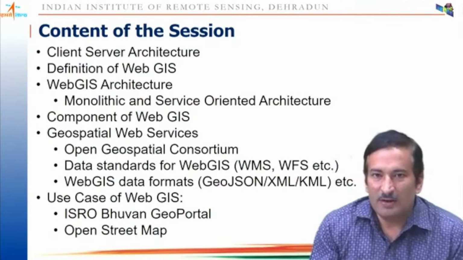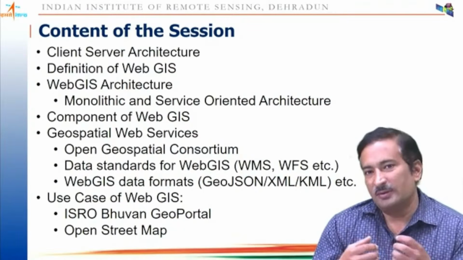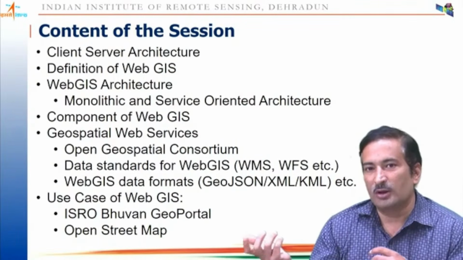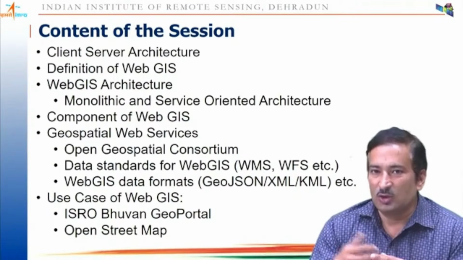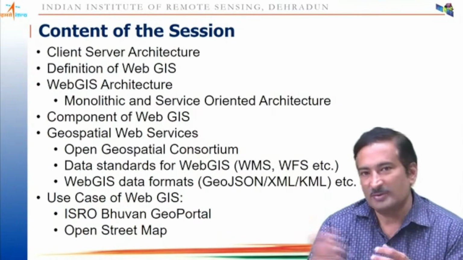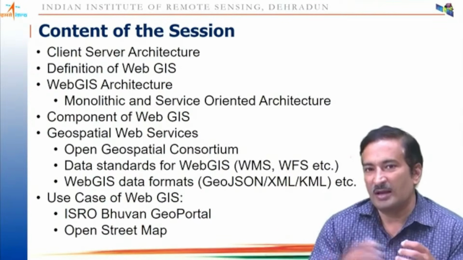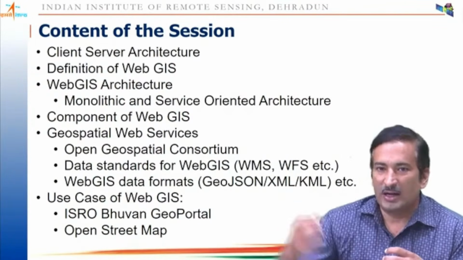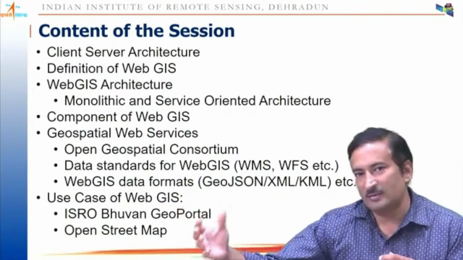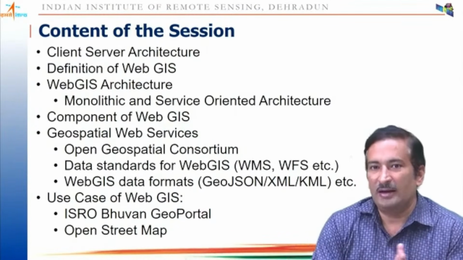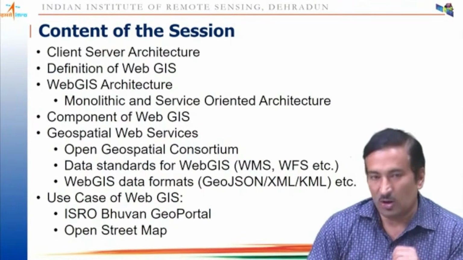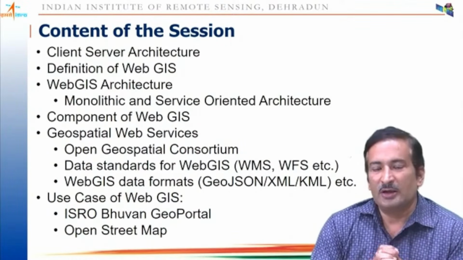And if I am able to access some data which is available over another computer or another server, like let us say Google or the IRS website, or it can be an ISRO website, any website. So from there I am accessing the information, so that ISRO or IRS or Google, anybody, they become the server, whereas I am the client. Okay, so how this architecture is set up, that we will be talking about,